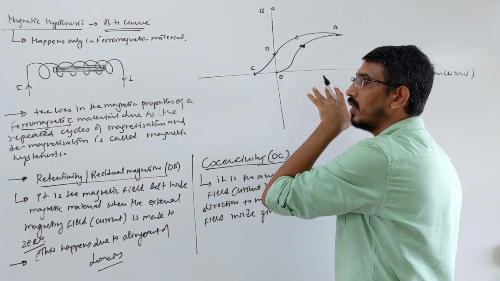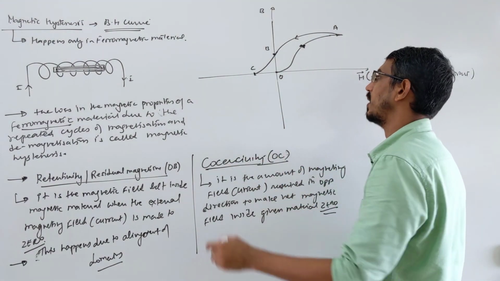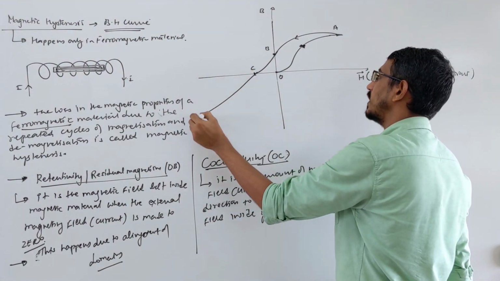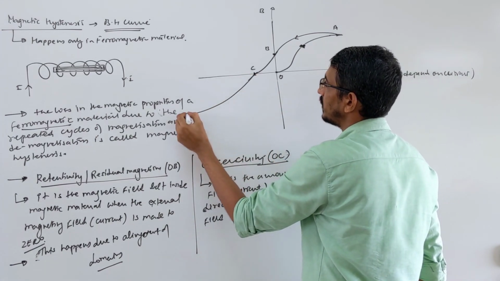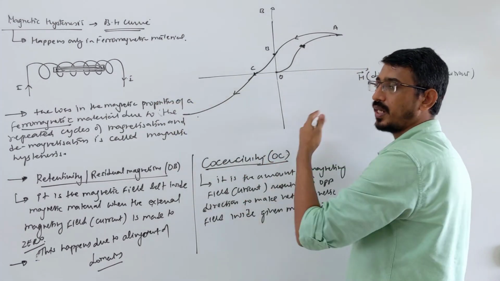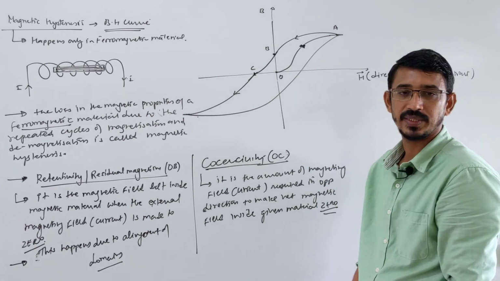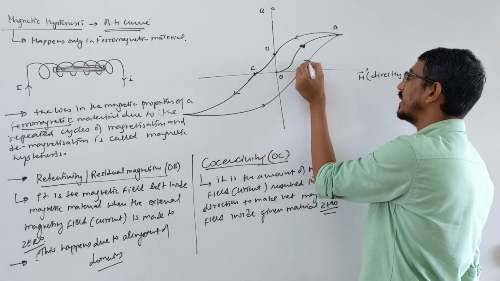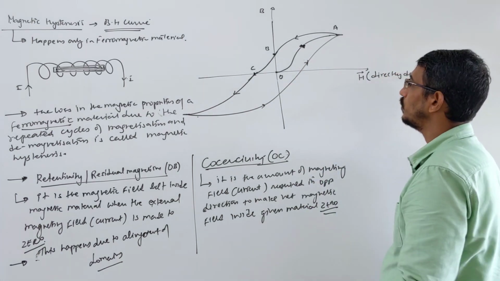If you keep applying more current or more magnetizing field in the opposite direction, then what happens? Now this metal will start magnetizing in the opposite direction. It will get magnetized in the opposite direction, and it becomes saturated again. Again you give current in the opposite direction and it will increase again, so you get a cycle like this. It's a very nice cycle. This is one complete cycle of magnetizing and demagnetizing. So two terms came.